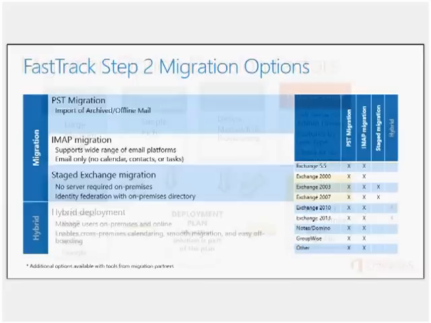From a technology standpoint, you have a bunch of different options. You have PST migration, IMAP, staged Exchange migration, and hybrid deployment. You will notice there is no cutover migration in this FastTrack deployment methodology, because cutover migration is a different beast, and it's when someone is literally saying, I'm going from here, I don't have any users built, and I am moving to online immediately through a cutover. Absolutely valid, but when you think about it through the pilot, through the deployment pieces that we look for from